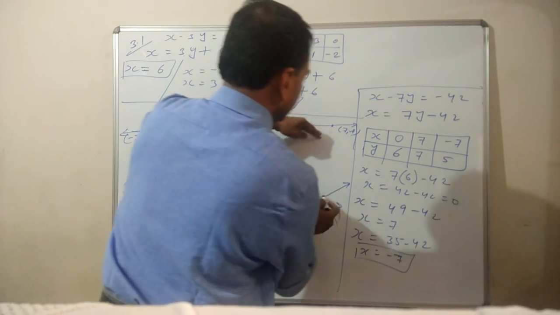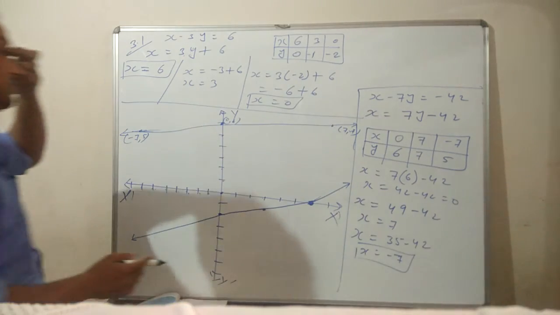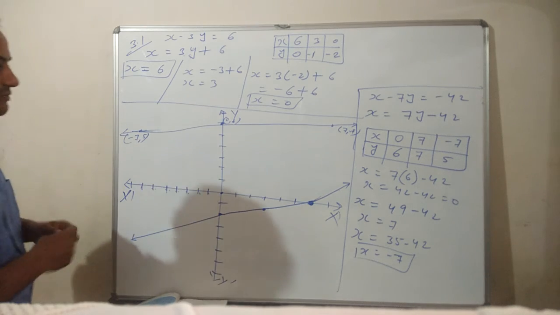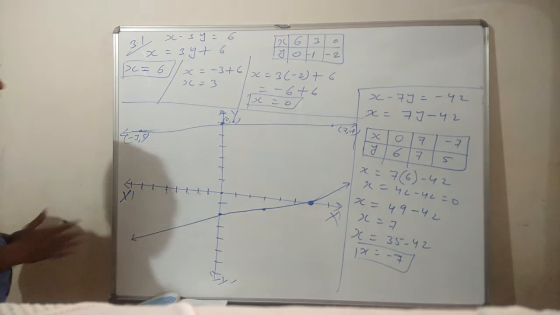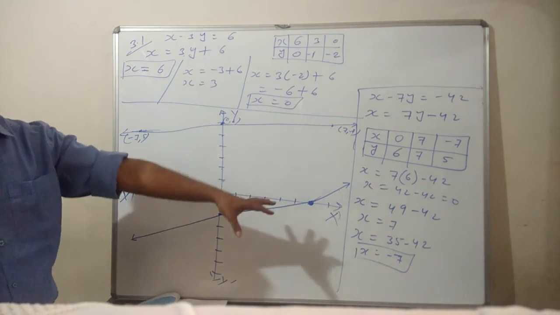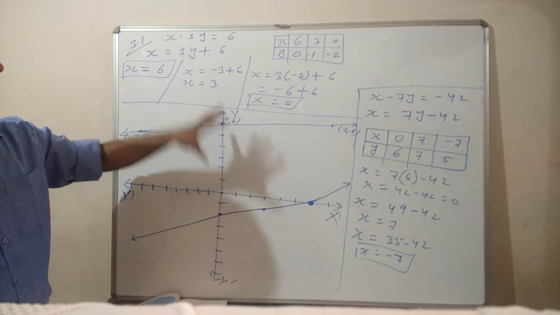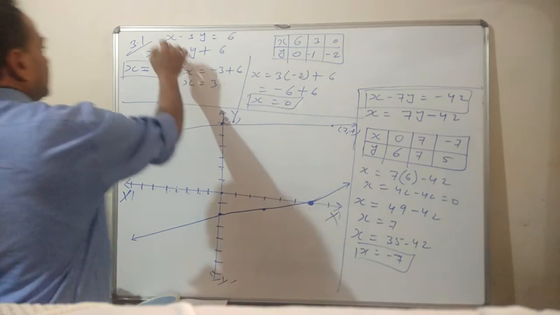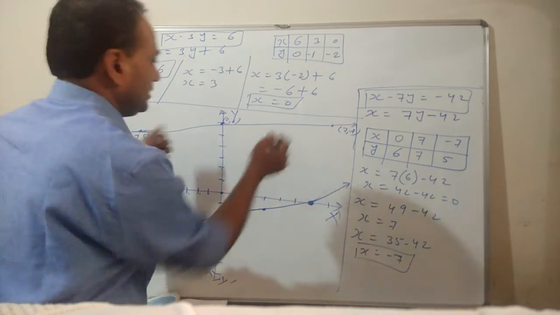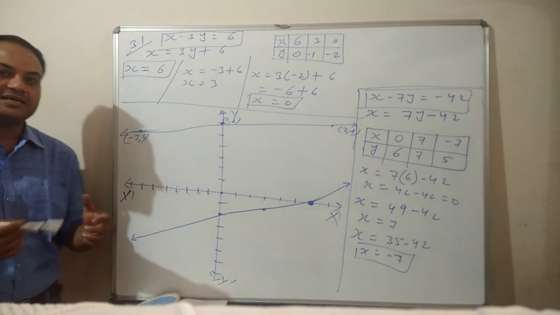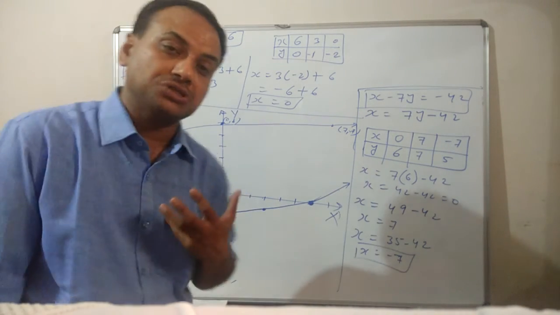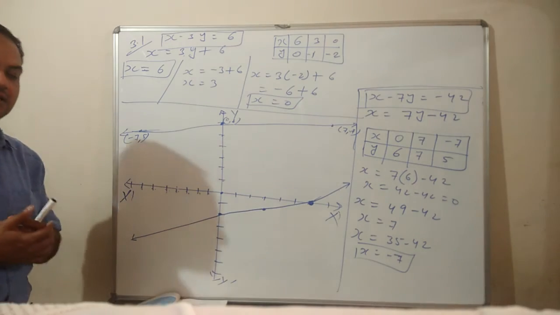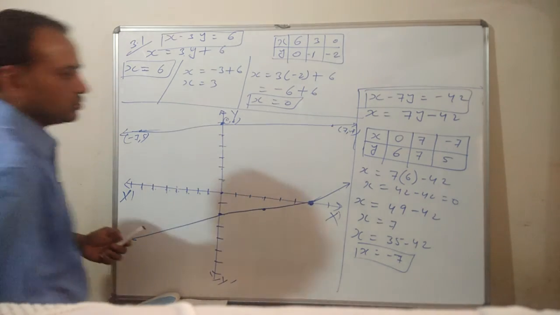But if I extend these two lines, somewhere they will intersect. Here there is a space problem, but when we extend both sides, they will definitely intersect at one point. So this way we can find the solution algebraically and graphically. This is the graphical representation, and the algebraic solution means the equations we found earlier, the first equation and the second equation. The question is not asking for the solution at this time. If the question asked for the solution, we would extend the lines and find the common point where they intersect. In that case, only the solution will come.